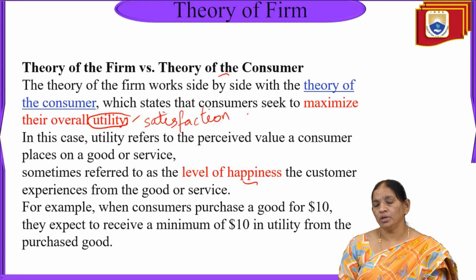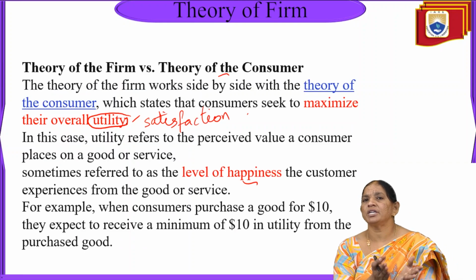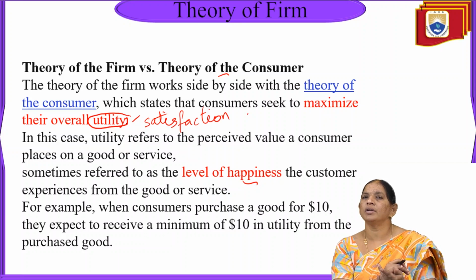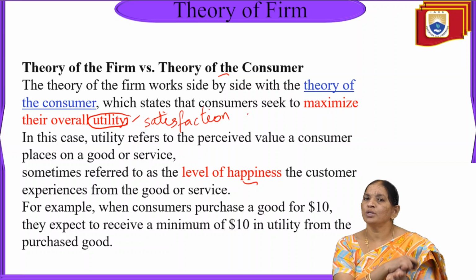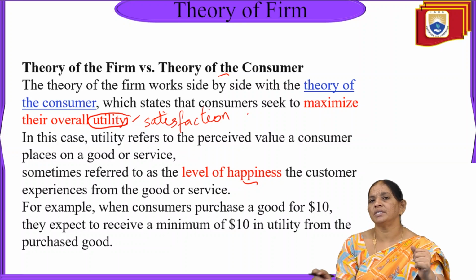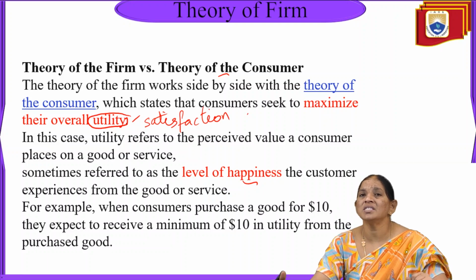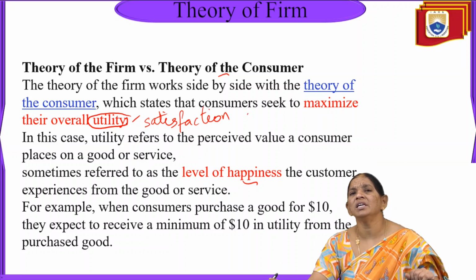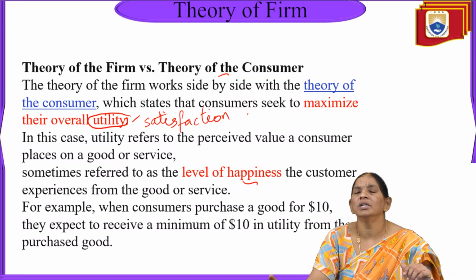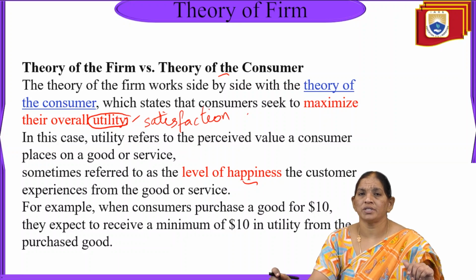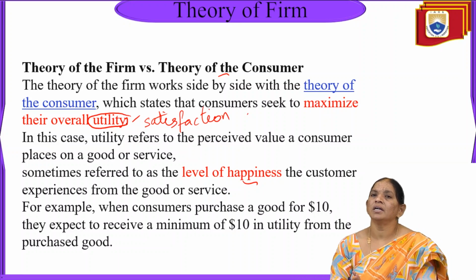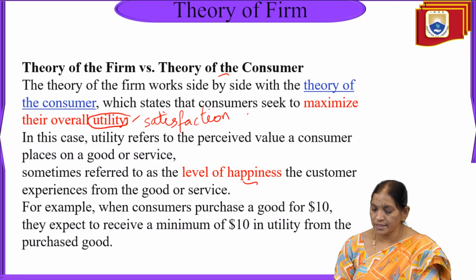This is in parallel to the maximum satisfaction a firm seeks in the form of short-term profits and long-run profit maximization. The consumer also wants to get good satisfaction or utility from these goods and services. Once the consumer is happy, automatically he repurchases the goods and satisfies the motive of the firm, that is to earn profits. In this way, the theory of the firm works together with the theory of the consumer in case of satisfaction.